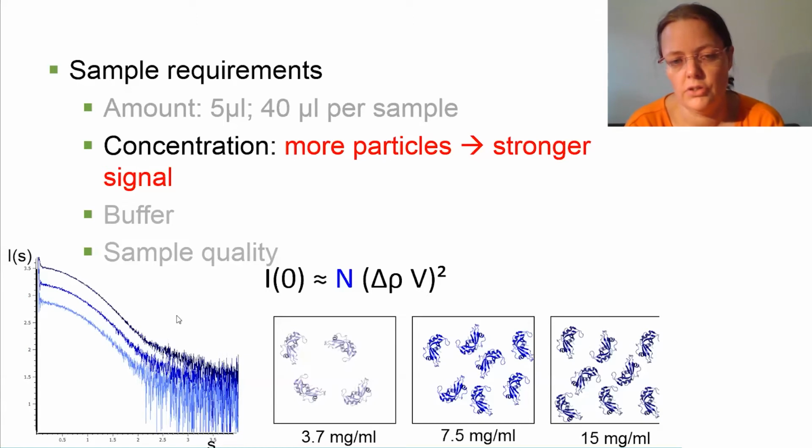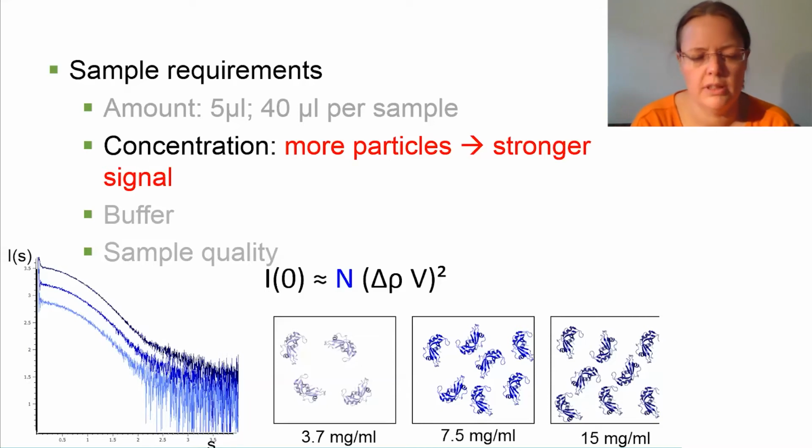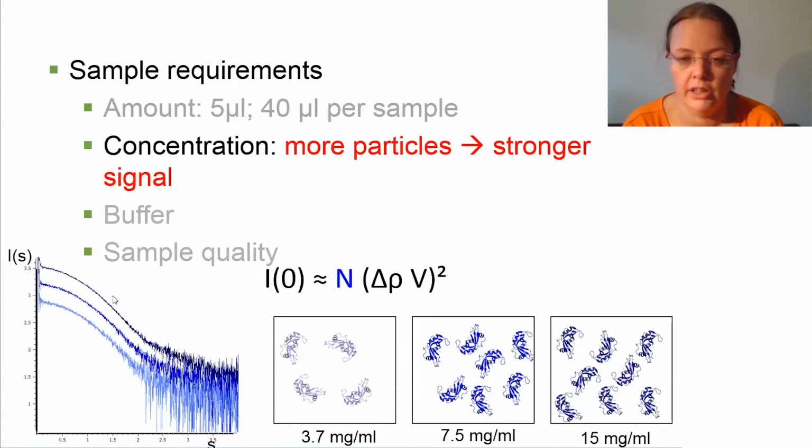So the good thing is, we'll be learning about that from Al2 next week, or at the end of this week, how to use the program Crystal or other methods that are available to check your theoretical scattering curve and just get a feeling of what you actually want to see before coming to the beamline. So you do the theoretical calculation to see what a theoretical SAXS curve would look like, and that will also give you information on how high of an S range you'll need to be able to interpret the question that you're asking.